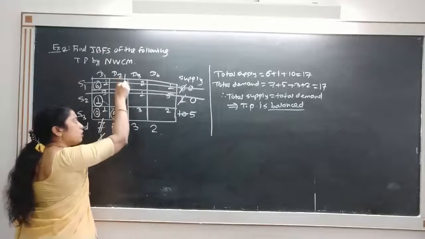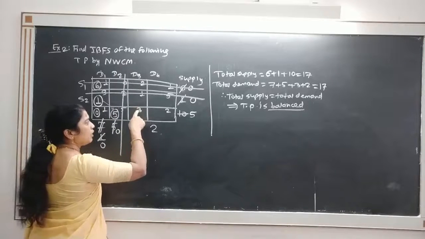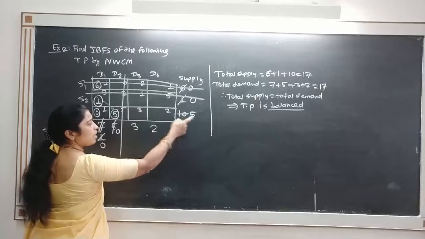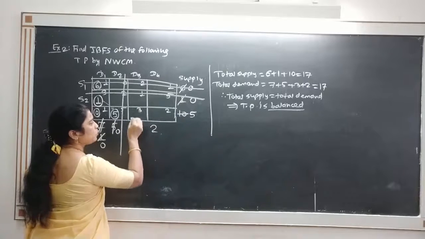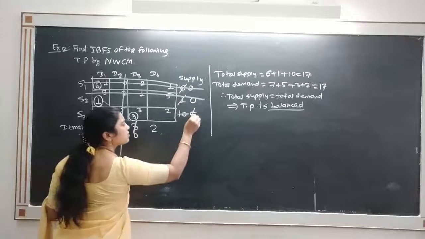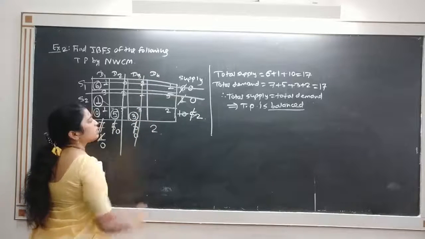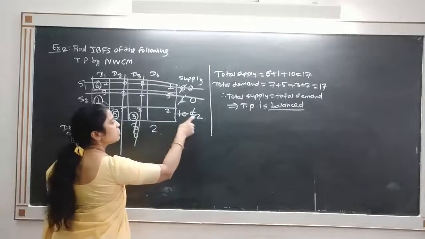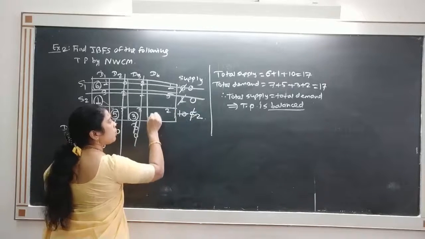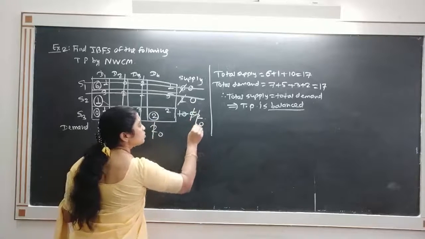Now this column will be crossed out because it has 0 demand. Again, because the column is crossed, move to the next cell. To this cell, the minimum of 3 and 5 is 3. So allocate 3, supply becomes 0, and 3 cancelled from demand remains 2. This column is again crossed out because it has 0 demand. And lastly, only one cell remains. Both supply and demand should be equal. Both are 2. So allocate 2 and now both become 0.